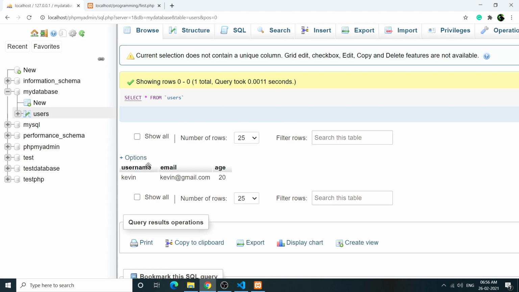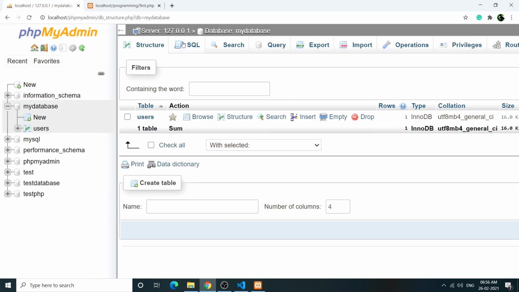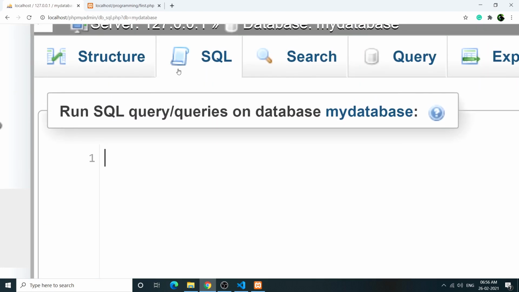Okay, so it is consisting of three columns and I have even inserted some values to this table. Okay, so now what I want to do is I want to add one more column. Now see, already the table has been created, but now I'm saying that I want to add one more column. So for that we can make use of the alter statement. What I will do is I will just pass a query